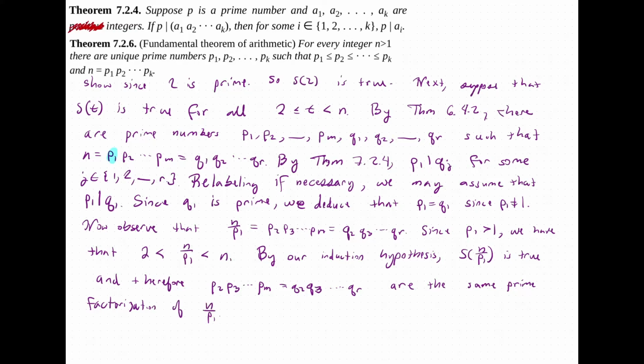Because our induction hypothesis asserts that if we have a number less than n and greater than or equal to 2, then these two prime factorizations are the same since we have uniqueness by our induction hypothesis. But that means that we must have the same number of primes appearing on the left as we do on the right. So in particular,